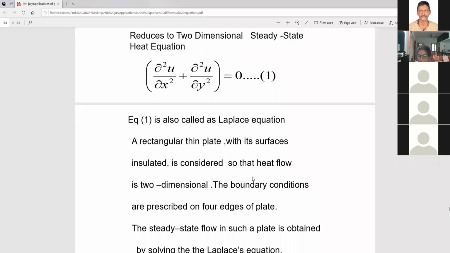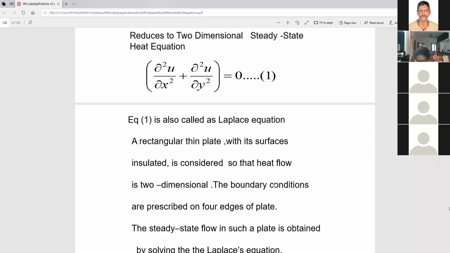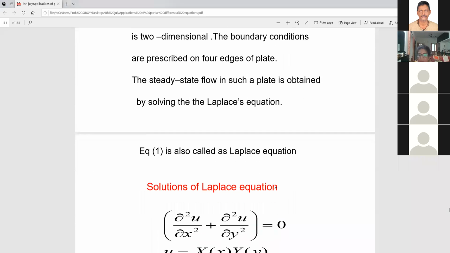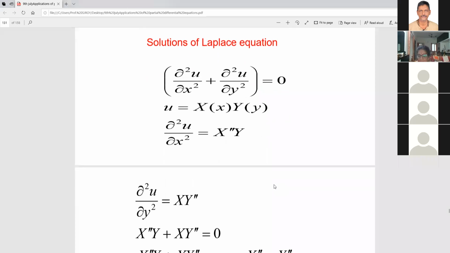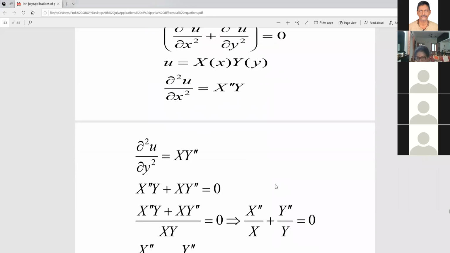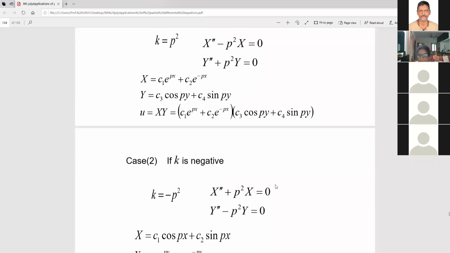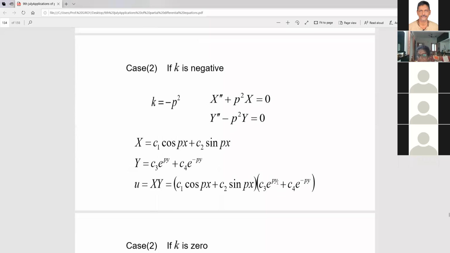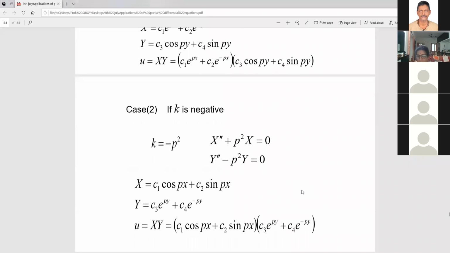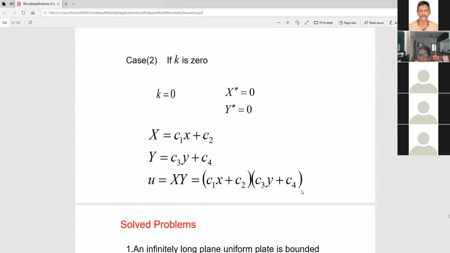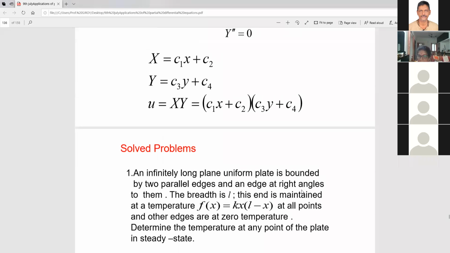we'll have solutions. Usually in this case, we'll go for Dirichlet's problems. Boundary values will be given. Of course, we call this Laplace. Now if you solve by using the method of separation of variables, we'll get the solutions. One by one, we have to solve and make a product. Here you do not have any choice. We have to go with, I think, the first two, other than the linear terms.